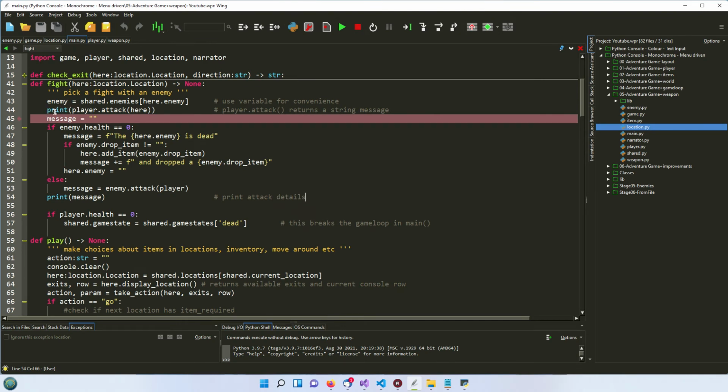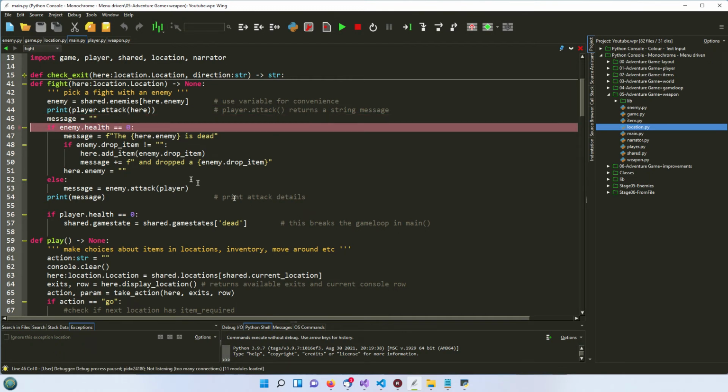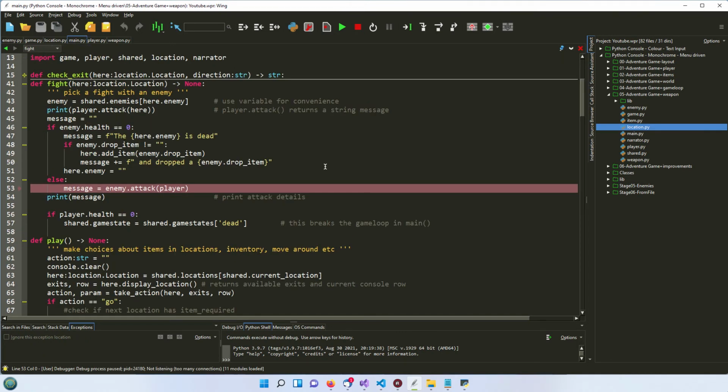I could have done it as message equals player attack here, print message, but I've kind of done it all in one, which is typical Python way of doing things. I then reset the message back to an empty string so that we can do a new message. So what it's checking now, if we press F11, is if the enemy health equals 0. We know it's 25. I can't, unfortunately, because this is Python, read the enemy health. I can in C#, but so we know it's 25. So that's going to skip that, because